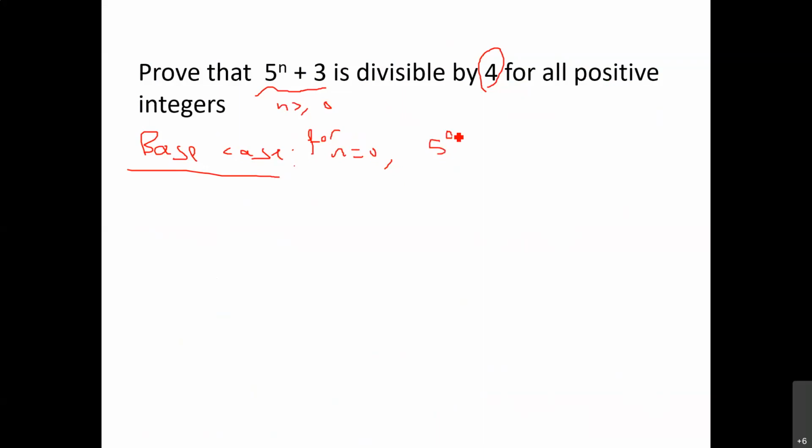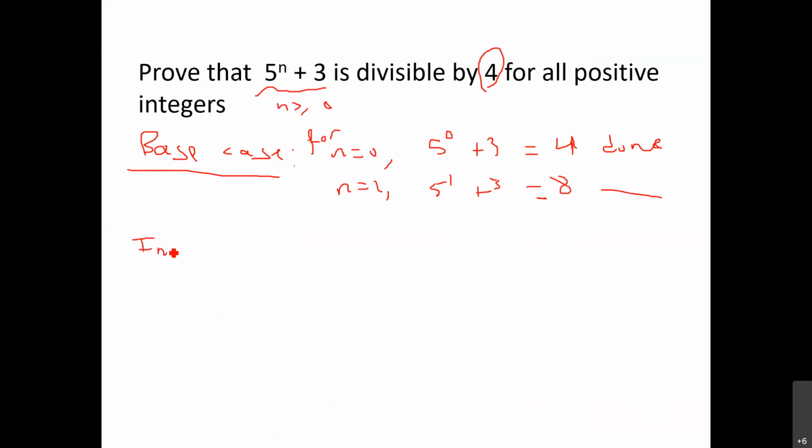you get 5 power 0 plus 3. 5 power 0 is 1 plus 3, that's 4. And done. 4 is definitely divisible by 4. You can try a few other cases like we said. So 5 power 1 plus 3, that's going to be 8, also divisible by 4, and so on. That's the base case. Now,